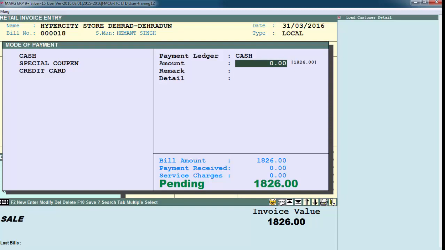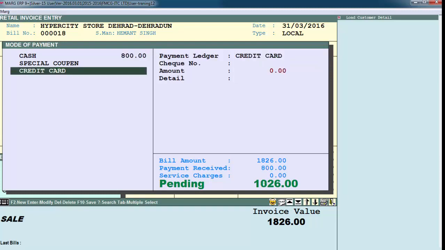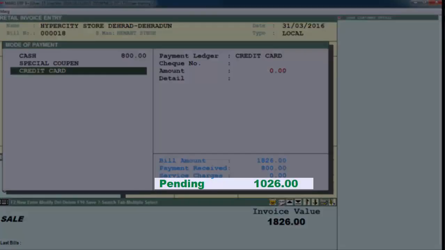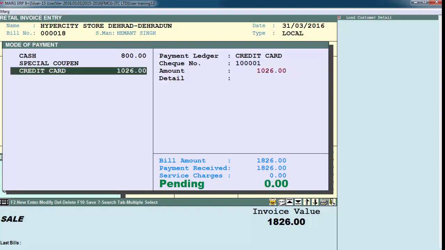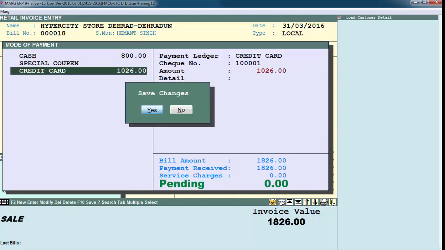You can turn it off from control room where there are 1800 setups available for customization. Like now we receive 800 in cash and the rest 1026 rupees we receive in credit card. And then we save this bill.